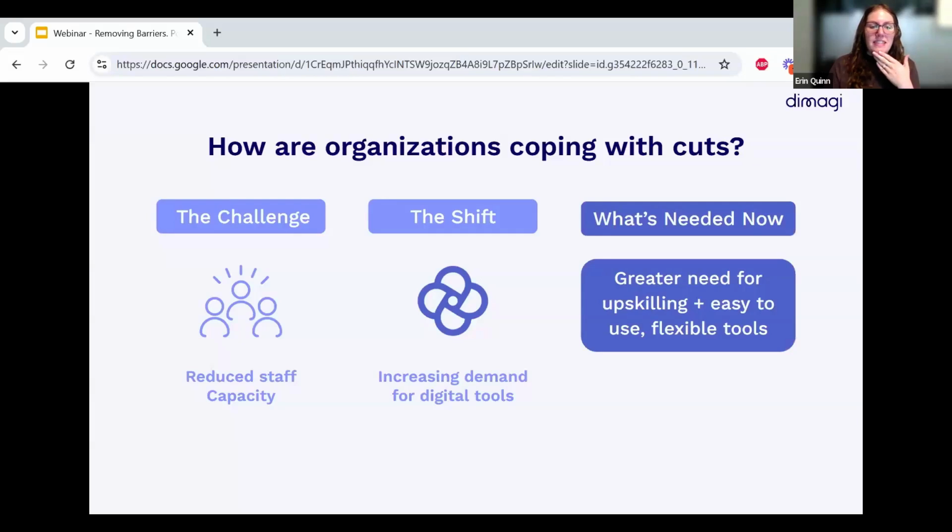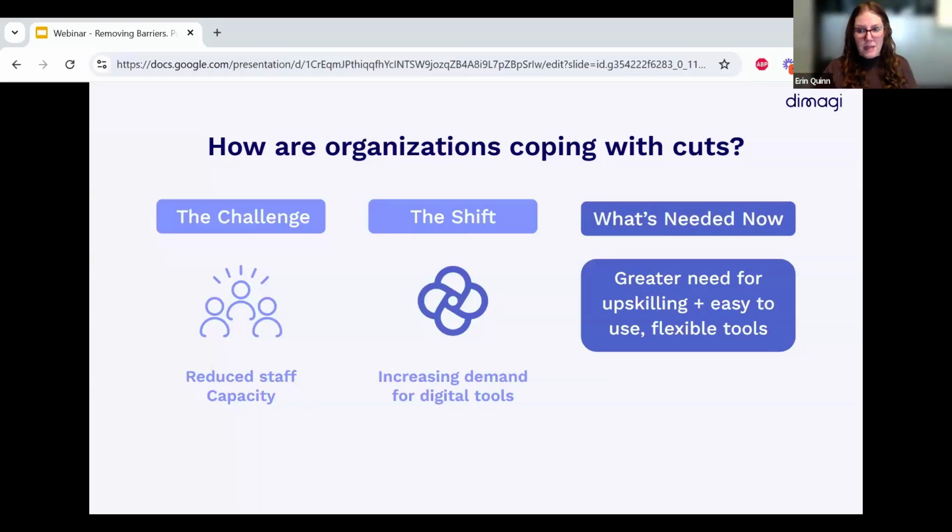And so what they've been saying to us is now they have an even greater need for upskilling new staff members. And a lot of times those staff members are not actually on their teams. So if you work on an M&E team or a MEAL team or ICT for D team, whatever that team is called at your organization, now what we're seeing is interacting with and building on digital tools might not be something that just that team does.